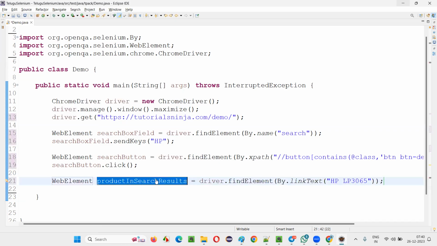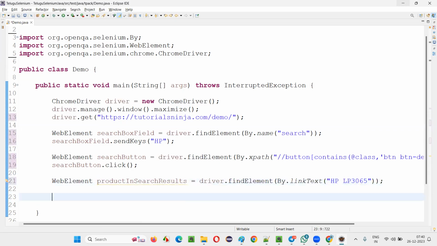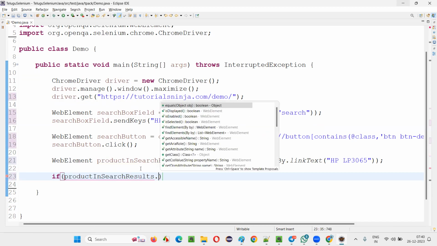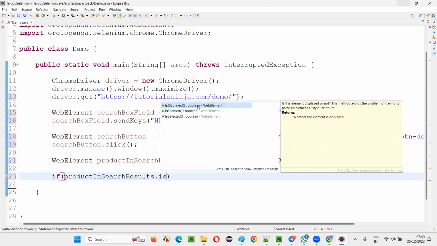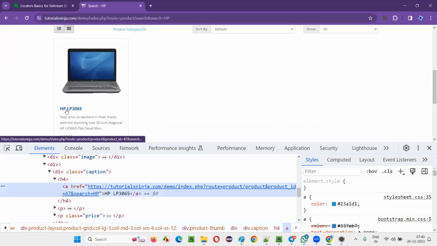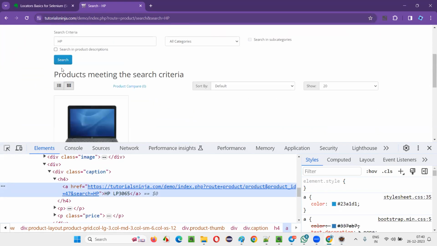Yeah, done. I want to see whether it is displayed or not. Okay, I'll write some logic here. Don't worry about the logic. I'll just write down if this particular product in search results is displayed command. Send keys command is for typing. Click command is for clicking. Whereas isDisplayed will check whether this particular HP LP3065 product is being displayed in the search results page or